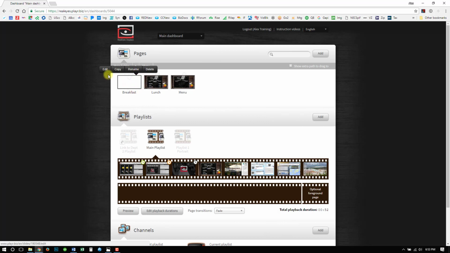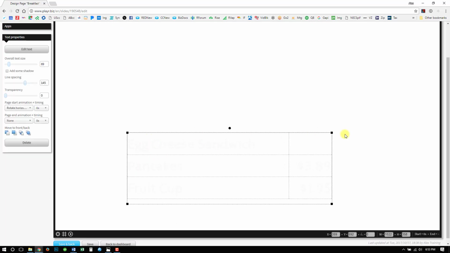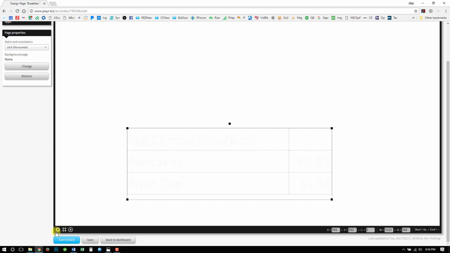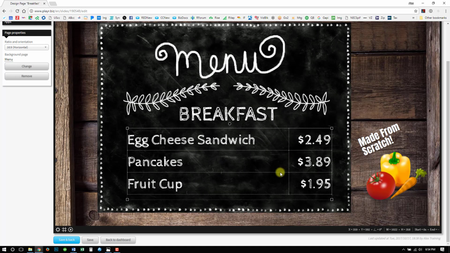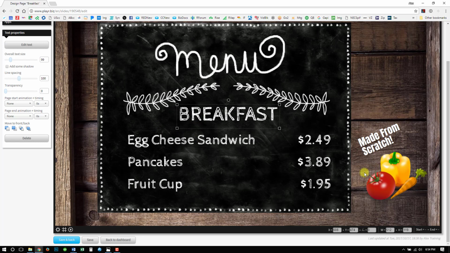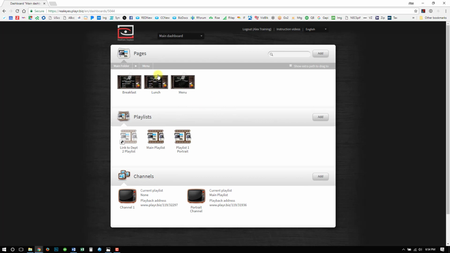Now I already did this with the breakfast, so we're just going to click right into it. I have my breakfast information menu here. It's hard to see because it is white. But what I'll do is I'm just going to populate the background with that background template page that I created. So you can find this in a previous video as well of how to use a shared background. Here is the blank menu template that I have created. Now when I click Use Selected Page, it puts it behind everything else. And now I see the text and information of my breakfast menu set. If I click Save and Back, now I have a lunch and a breakfast menu,